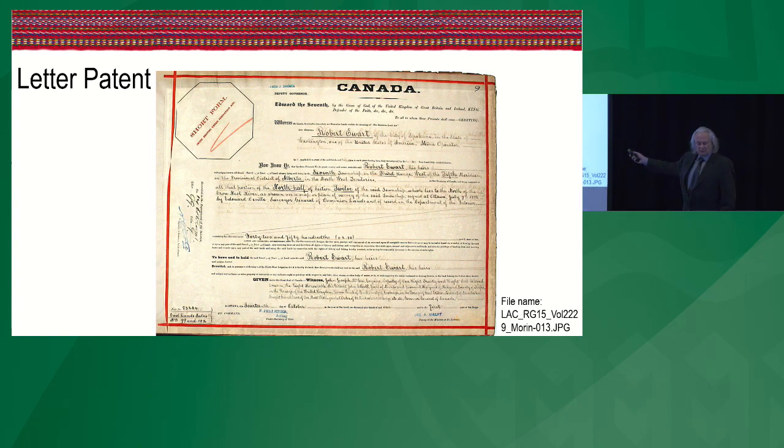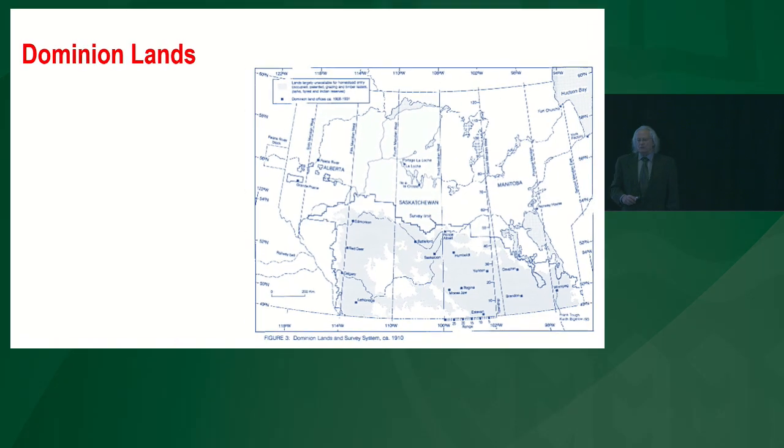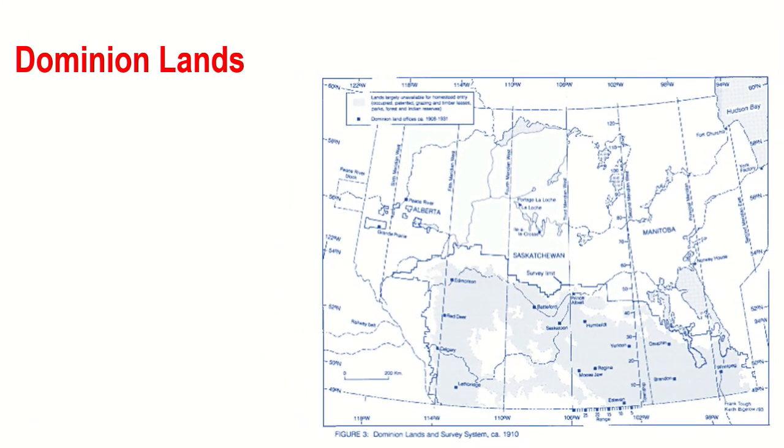where the rights of the land are transferred. It ends in some respects with a letters patent. This is the document that creates the title that is then registered locally. It's issued from Ottawa. So the Métis could theoretically get Scrip in the area that was part of the Dominion land system and that was open for homesteads. Okay, that was the restrictions on it, which is only about half the land that's there.